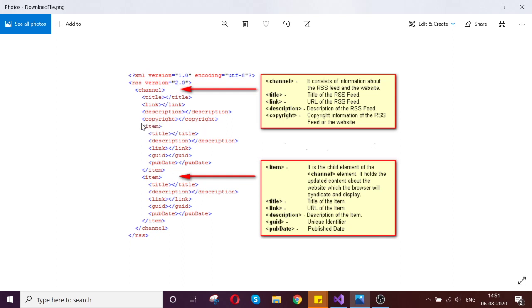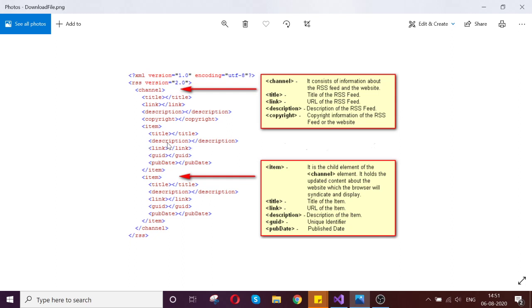So item is the other URL which you want to place in the RSS feed. It is like a child item of the channel. It holds the updated content of the website which the browser will syndicate and display. The title is the title of that item, and the description is again the description of the item, and the link is the item URL.